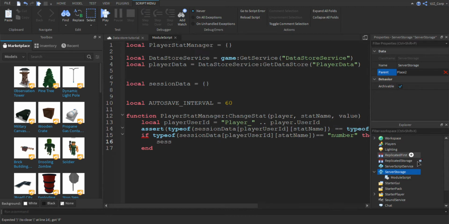Then session, this part's the same from the last one, which is right here. So I'm just gonna copy and paste for the sake of saving time. Okay, my computer apparently does not want to copy and paste, so we're just gonna type it out. Again, player user ID. This part's just the same, so I'm just gonna type it. Let me get my parentheses here. No, not that type. Roblox Studio sometimes fails me. Stat name, the same thing, right here. And we're gonna set it equal to session data,